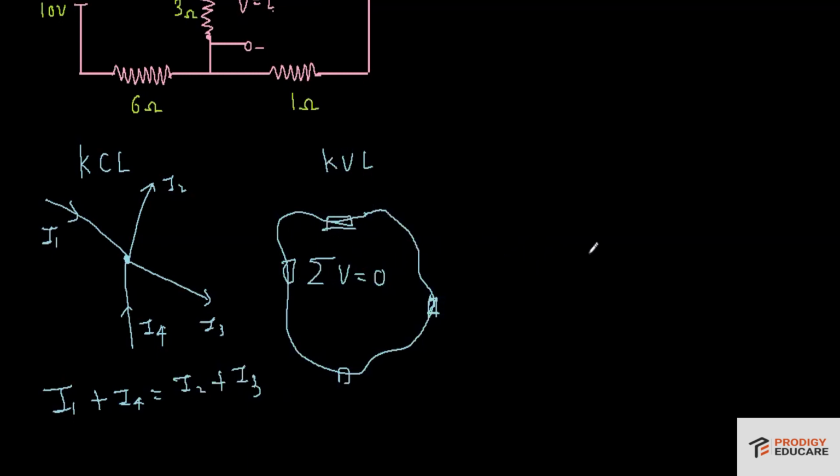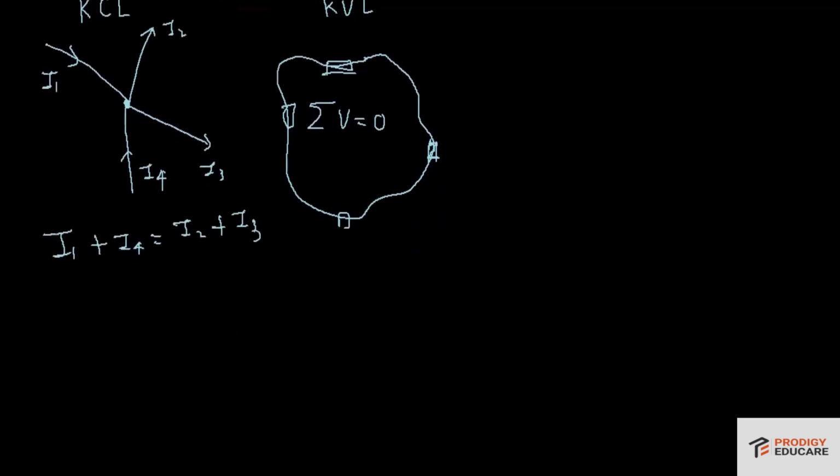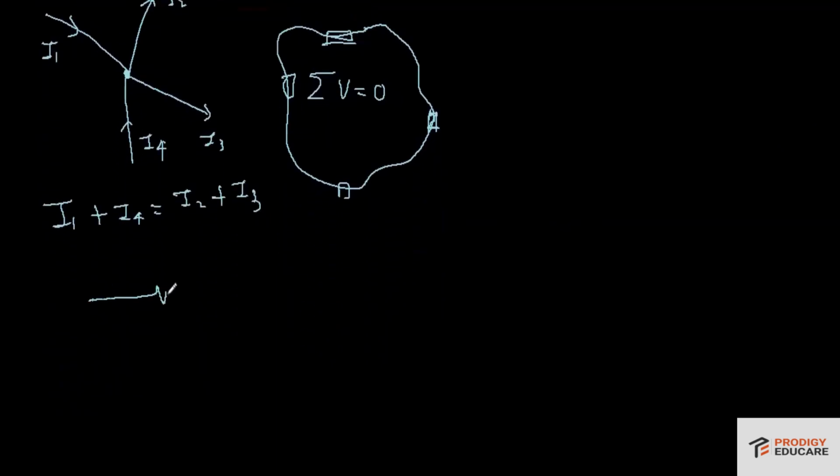And one more thing that you have to remember is that if I draw a resistor of a resistance say R, and the current of I is flowing through it, so we know that there is a voltage drop when current passes through a resistance. So this point is at higher potential compared to this point. I'll just simply represent it like this.